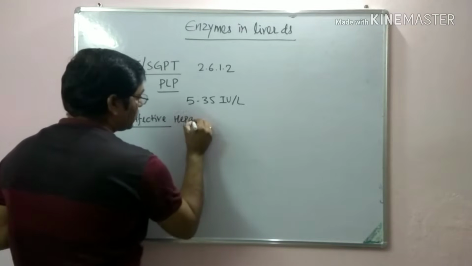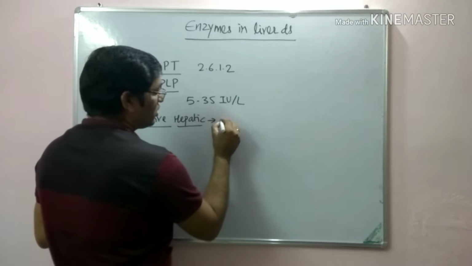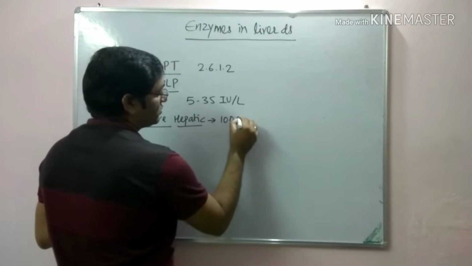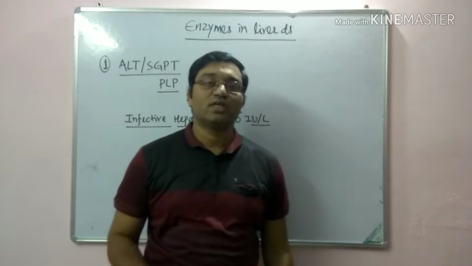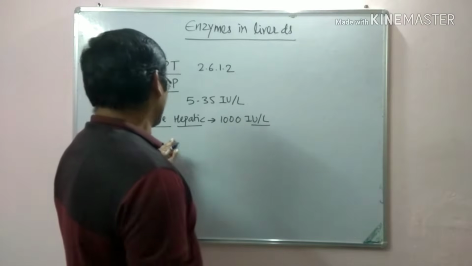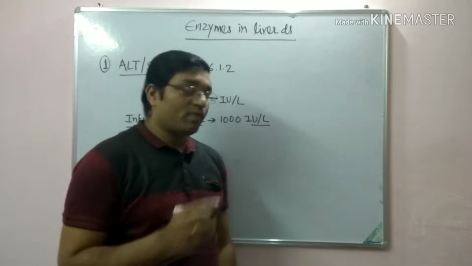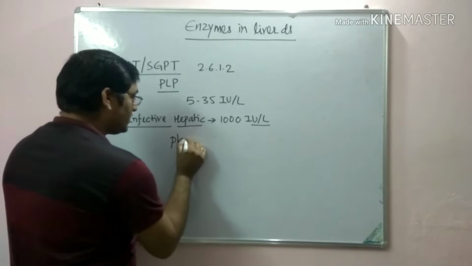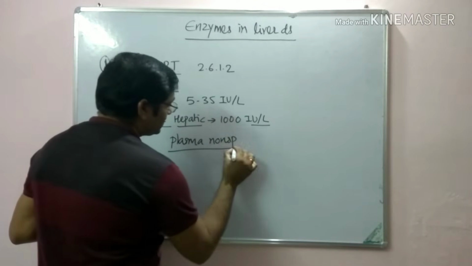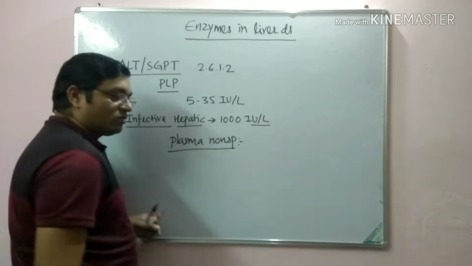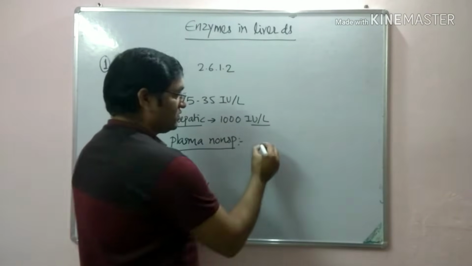or hepatocellular jaundice, the concentration increases up to 1000 international unit per liter or more than that, that is 2000, 3000 international unit per liter. This is an intracellular enzyme. This one is a plasma non-specific enzyme, and its concentration is more in the cell as compared to the plasma, but whenever there is necrosis,